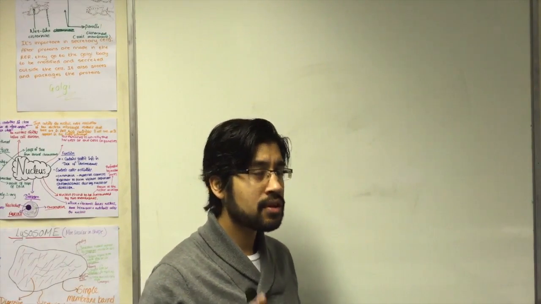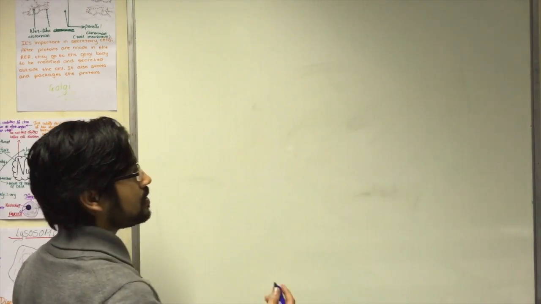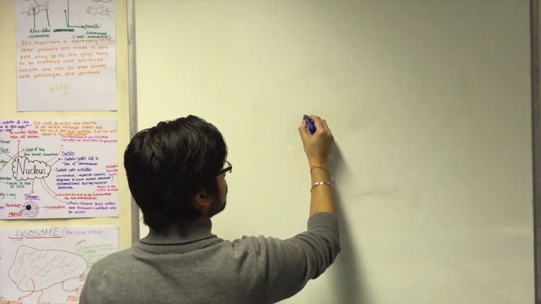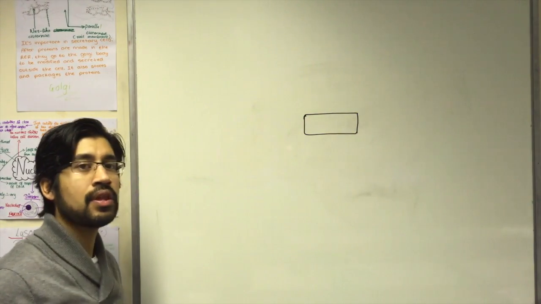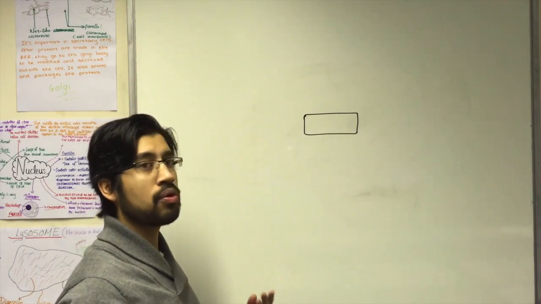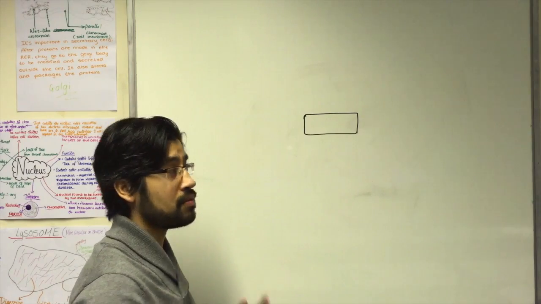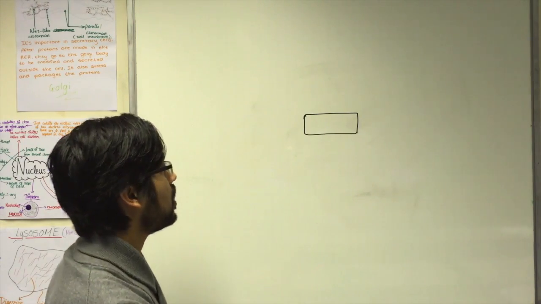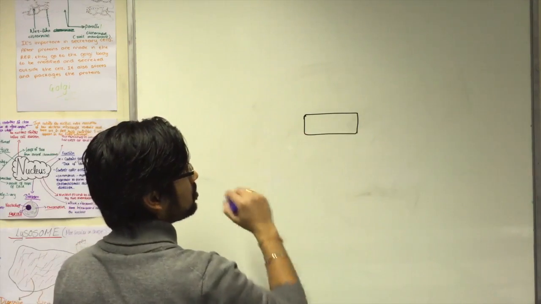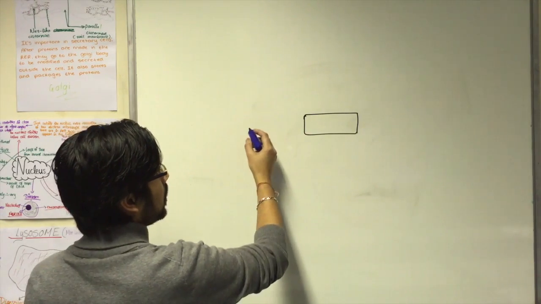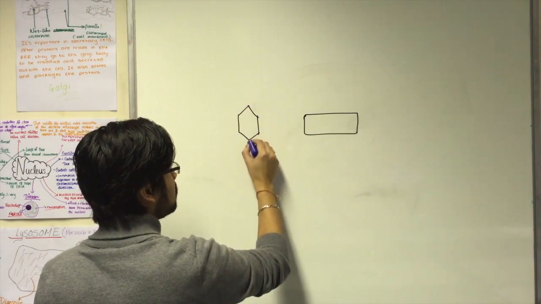What is a pathogen? As we've already discussed, a pathogen is any kind of living organism that can enter another living organism, in most cases we'll think of the human, and cause damage to them. So it causes harm to that organism. The kinds of things that could act as pathogens